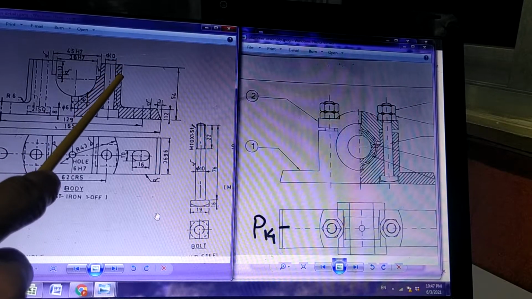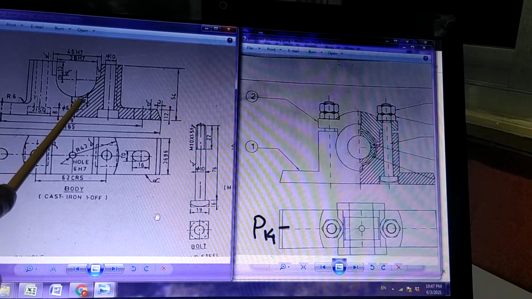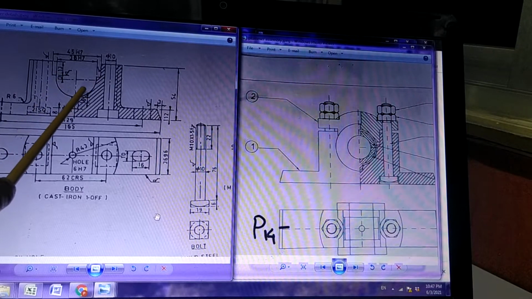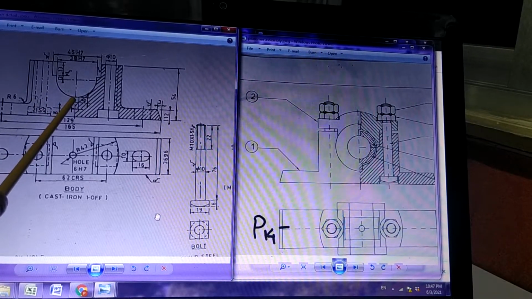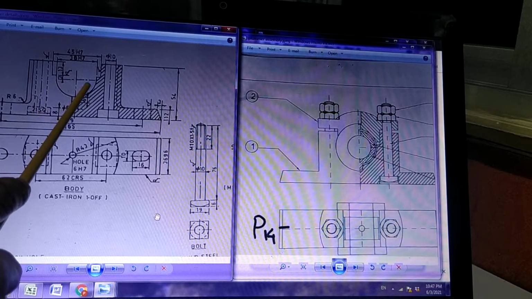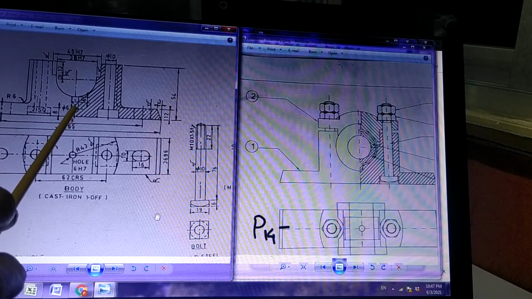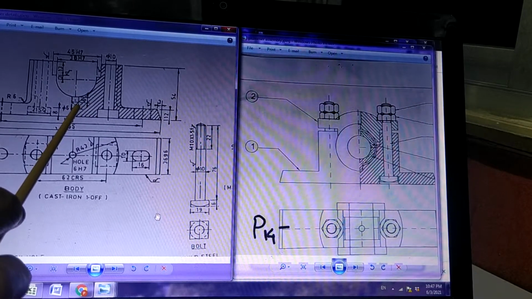Then the other thing is, you can see there is one hole provided here, and the reason is the bush which will come and fit here will also have a snug. That snug will fit here, and as a result this bush will not rotate. We want to prevent the rotation of the bushes, so that is achieved by this kind of a snug and a hole provided in the body over here.